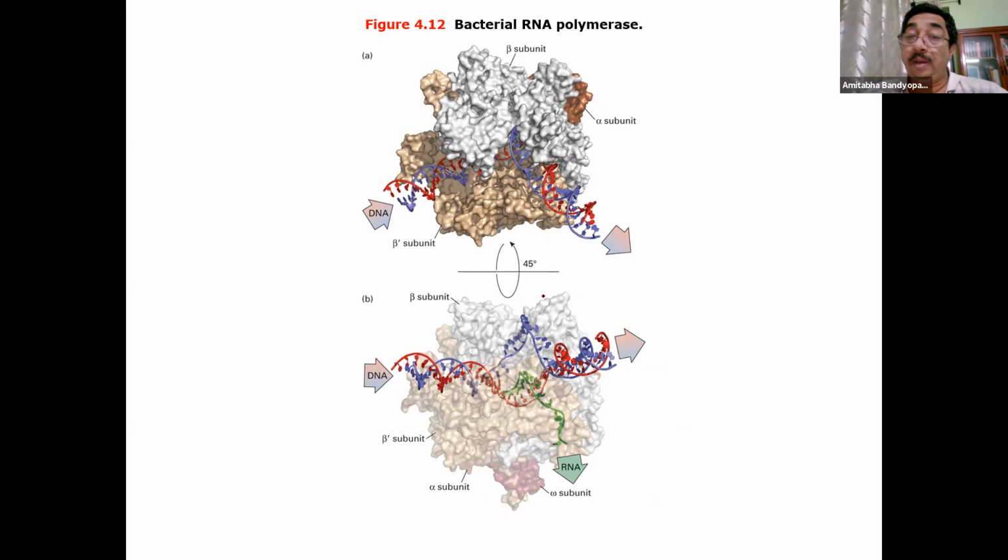Okay, but it's a very large complex, and it crawls on the DNA, and during the process of crawling, it introduces a kink in the DNA. Okay, and because of that kink, the DNA opens up and RNA forms and comes out of that tunnel. Okay, so